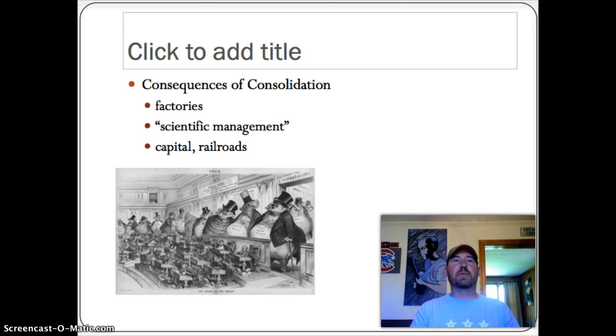And scientific management was a theory from Frederick Taylor, which studied how a factory worked and tried to get these things as efficient as possible. And then capital and railroads come out of it as well. People are investing a lot of money in these factories, and railroads become very widespread during this time as a way to get raw materials to factories and finished goods